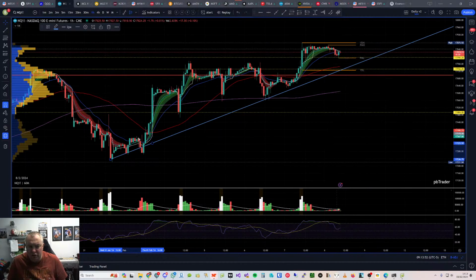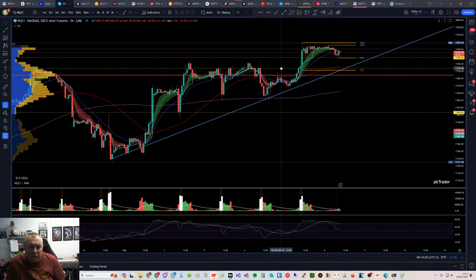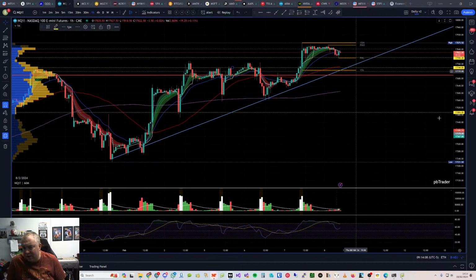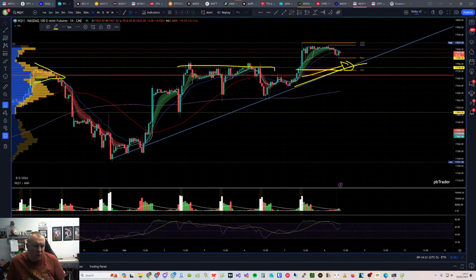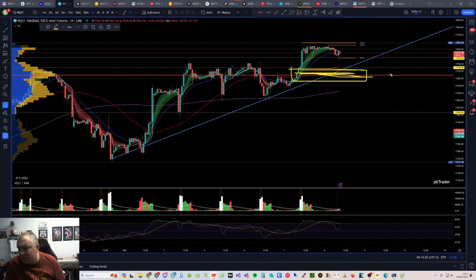break that trend line, and we've broken this structure here, and potentially we could be looking for a change of trend, but nowhere near that yet. I do quite like the bounce back down here as well, kind of where it is, this zone. So if we get down to that trend line, I'm looking for a bounce. We've got a few things lining up: yesterday's low, the 50 moving average, this trend line, and this level here as well, and we've got the point of control, high volume. So basically I think this is the highest probability bounce area to watch. 17,720.